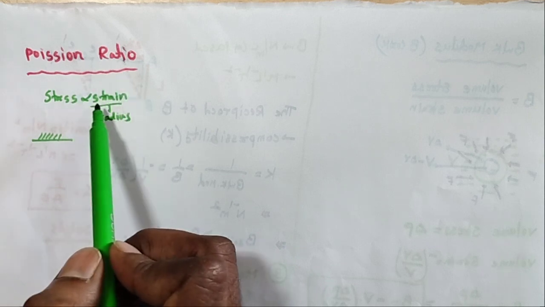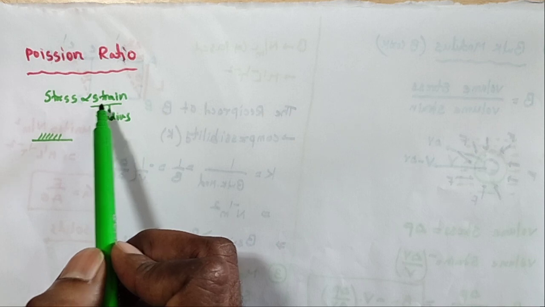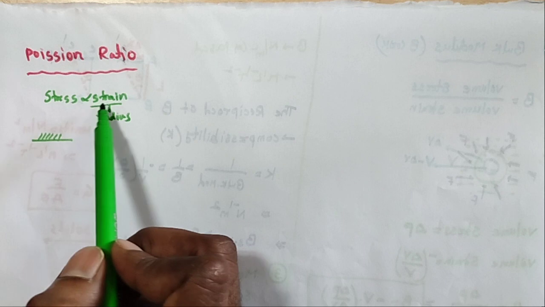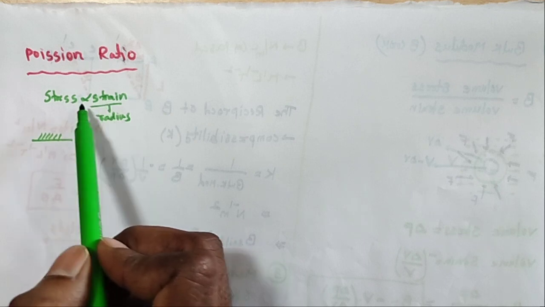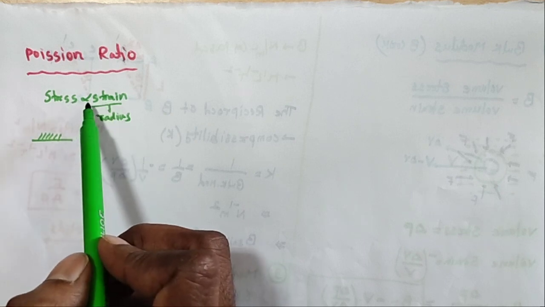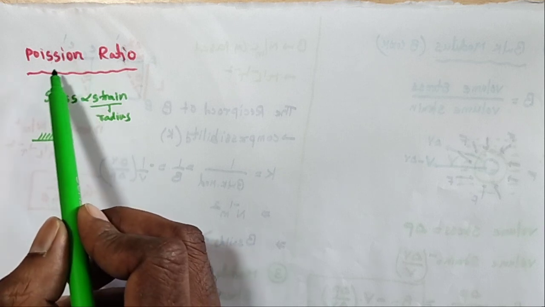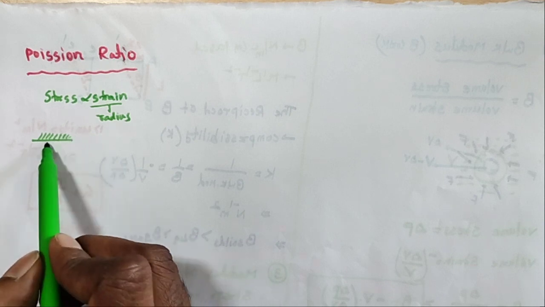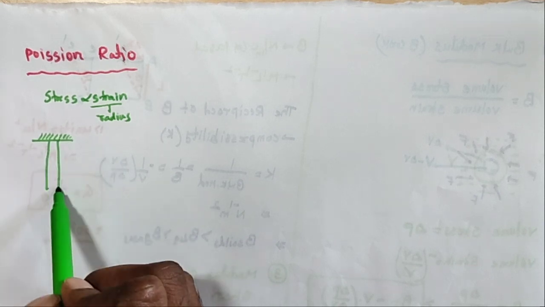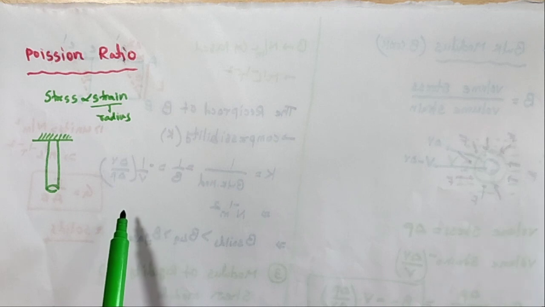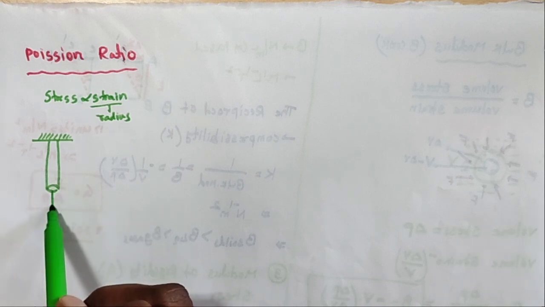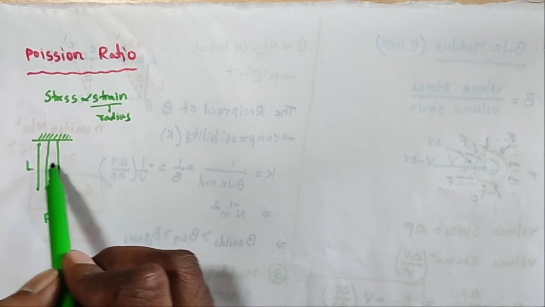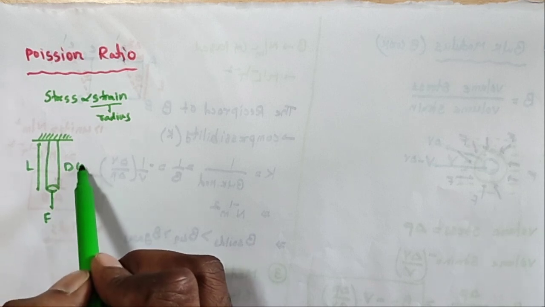Generally the stress is directly proportional to strain. Sometimes in one dimension it is not explained exactly, not proportional to stress and strain, so another elastic constant is required, that constant is called Poisson's ratio. So here this is one wire, stretched by a force along its length. This is the length of the wire L, and this is a diameter D or radius small r.